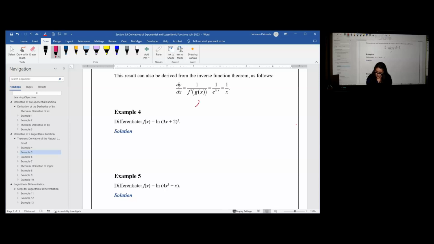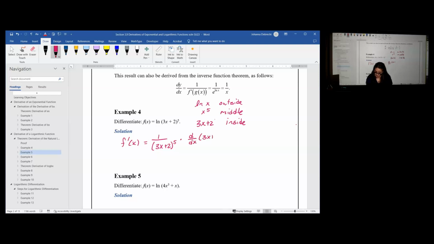So in this case, we have natural log of x as the outside. Then we have x to the 5th as the middle layer. And then we have 3x plus 2 as the inside function. Let's take the derivative now using chain rule. F prime of x is going to be the derivative of natural log on the outside, freeze the inside. Derivative of natural log is 1 over u, which will give me 1 over 3x plus 2 to the 5th power, times the derivative of what's on the inside,